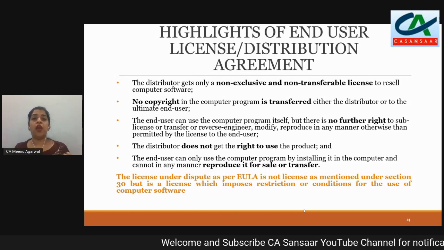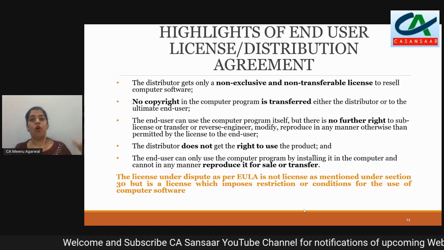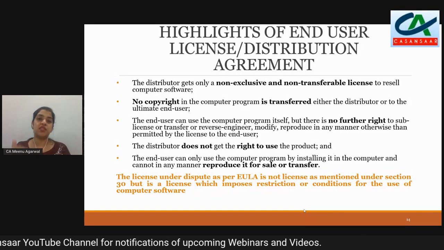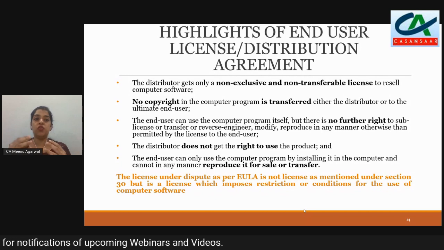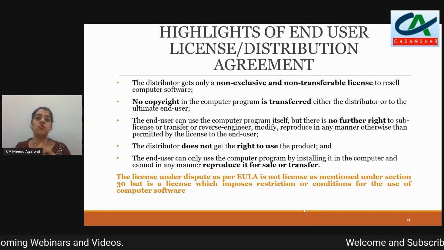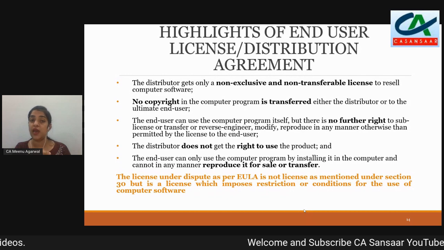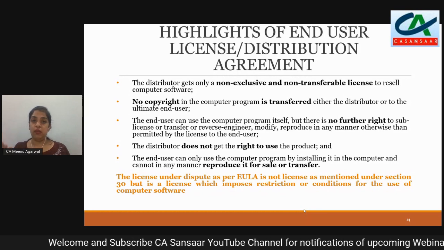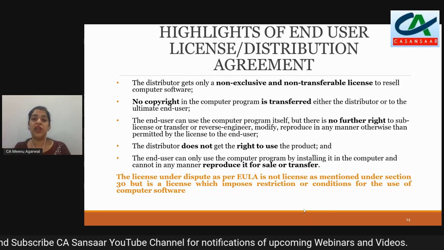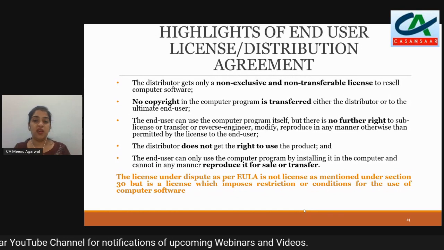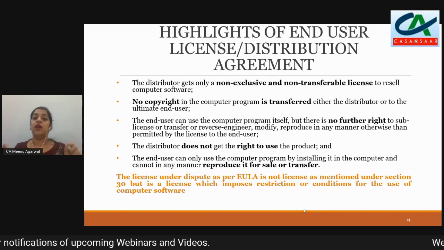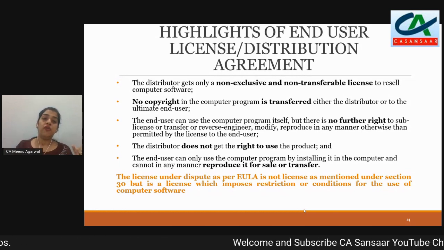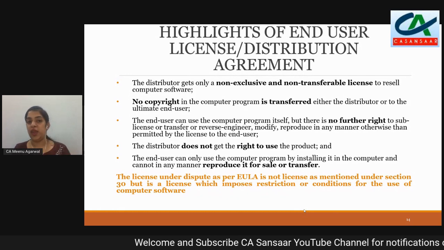So, if we go back to applying the provisions of the Copyright Act, particularly section 14B, to the current case where the end user license agreement and distribution agreement were analyzed, we can say that the transfer of license from the non-resident manufacturer or supplier of software to the Indian distributor or the end user does not partake the characteristics of the transfer of copyright as mentioned under sections 14A, 14B of the Copyright Act.